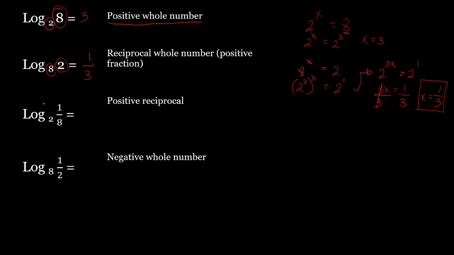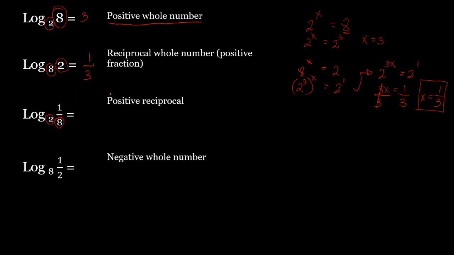Now let's proceed with the third situation, which is the number as a fraction. Sa number natin, if it is a fraction, ang titignan natin is the denominator. If the denominator of the fraction is greater than the base, which is 2, then the answer is a positive reciprocal. Okay? So again, if the denominator is greater than, mas mataas yung denominator ni number kaysa kay base natin, then the answer is a positive reciprocal. Now, let's convert it into a